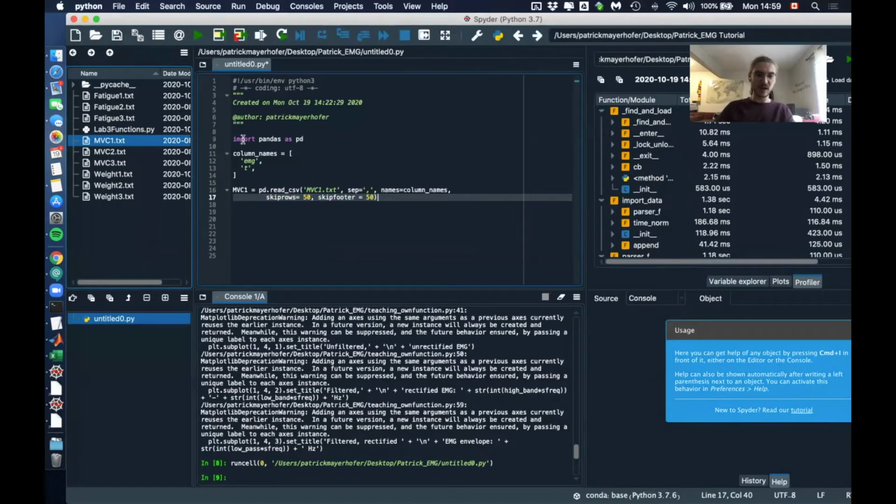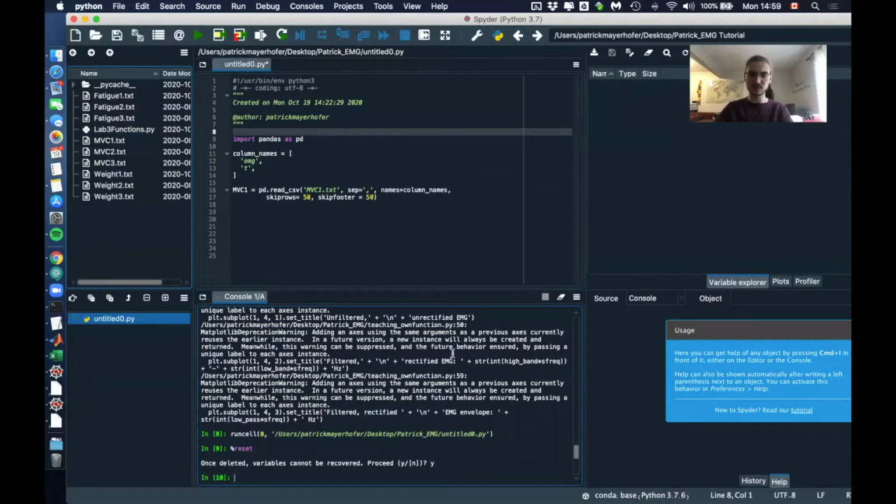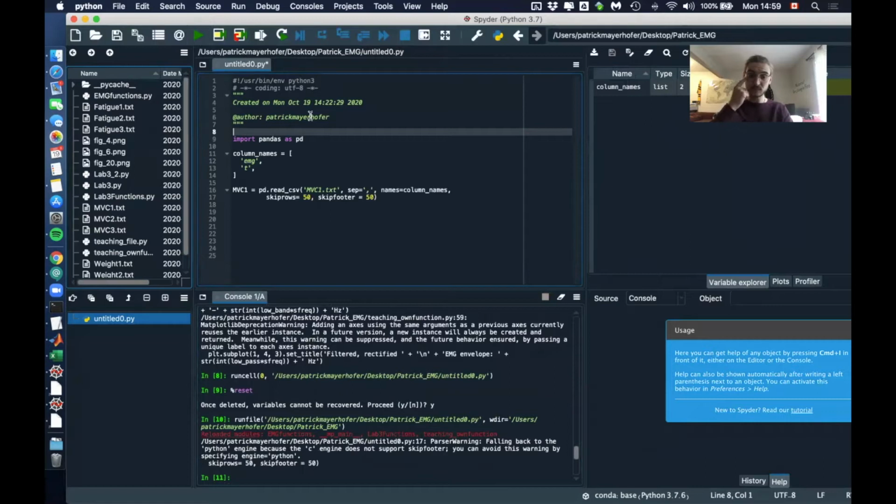Anyways, so if I just run this now, let's also maybe delete all my variables first, so that everything makes sense. Reset, yes. Okay, so if I run this now, I have a variable called